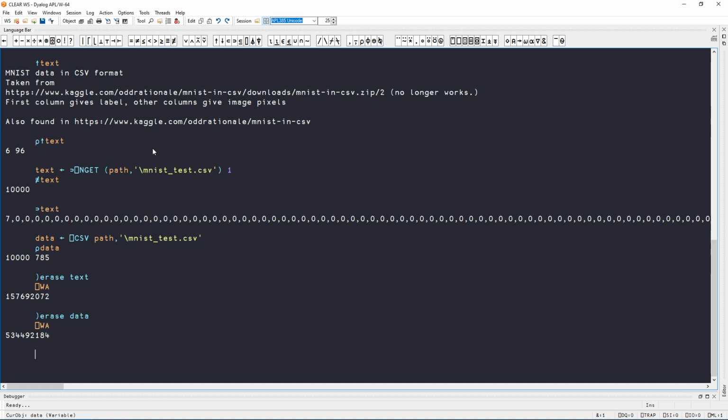So one thing you could do if you get a workspace full error, essentially just meaning that this ⎕WA is returning nothing, so it's returning 0 because there's no space left. So what you can do is either increase the workspace size or don't read the whole thing at once, which is, in my opinion, the more sensible approach. And so, in order to do that, what we will need is something called the variant operator, which is